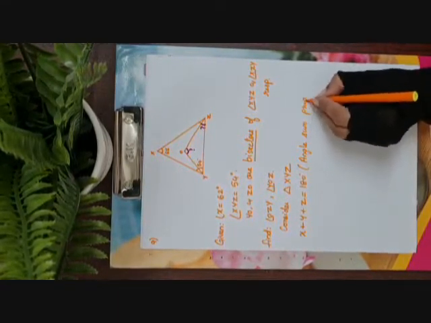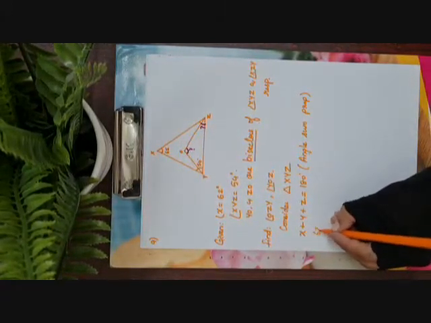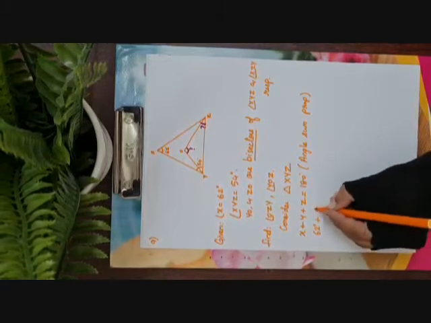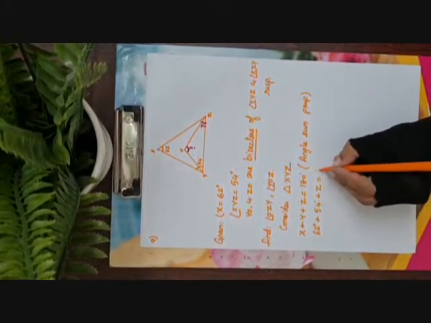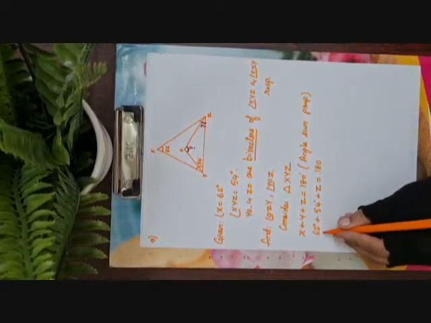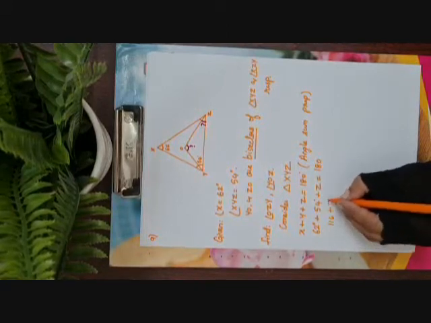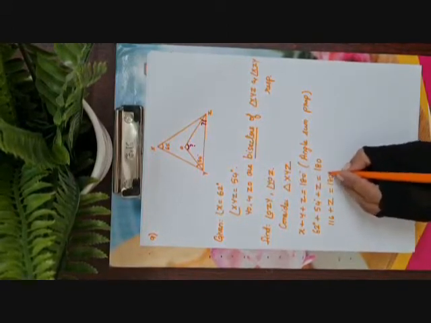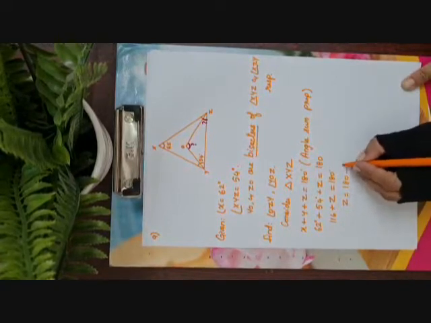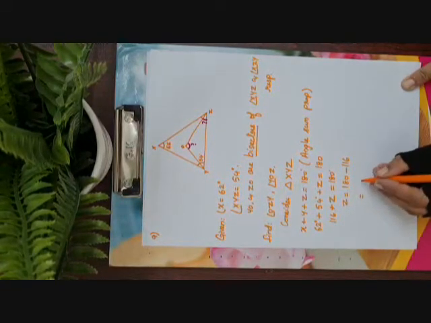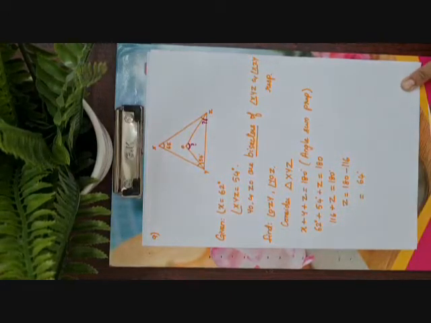Okay children, now what is angle X? It is given to us in the question, 62 degrees, plus Y is given to us as 54 degrees. The value of angle Z is to be found, that is equal to 180 degrees. 62 plus 54 is 116. 116 plus Z is equal to 180 degrees. Z will be equal to 180 minus 116. On subtracting, we get it as 64 degrees. Okay children, is that clear?